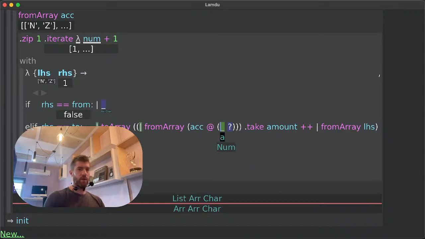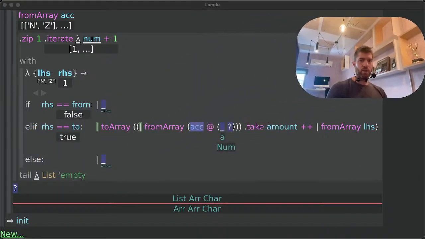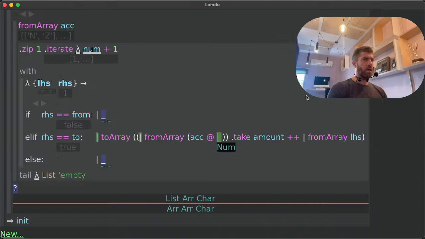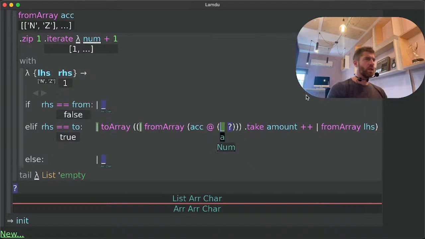Let's move my face out of the way again. Sorry, cursor on this screen. This. Okay. So accumulator at, open parentheses,